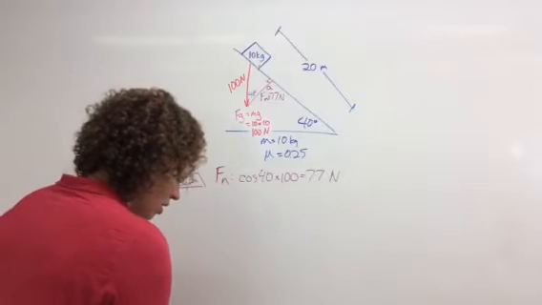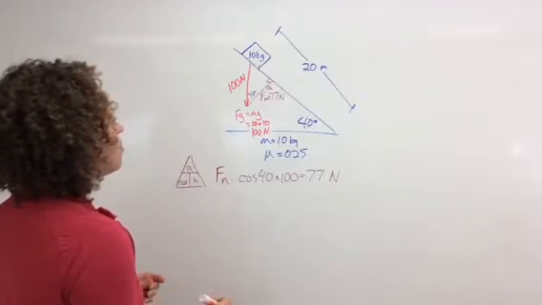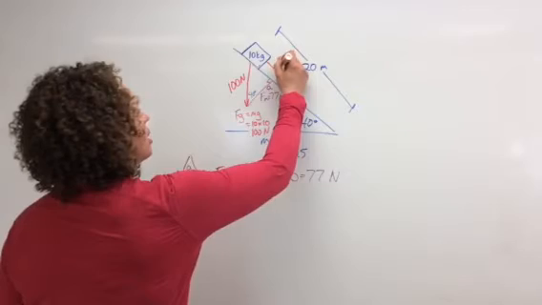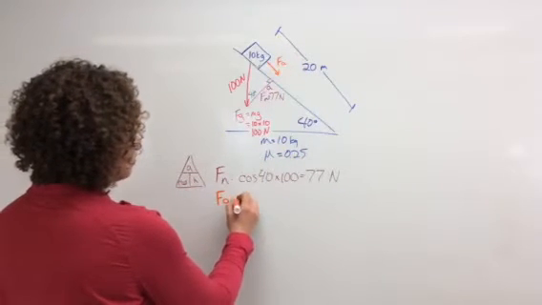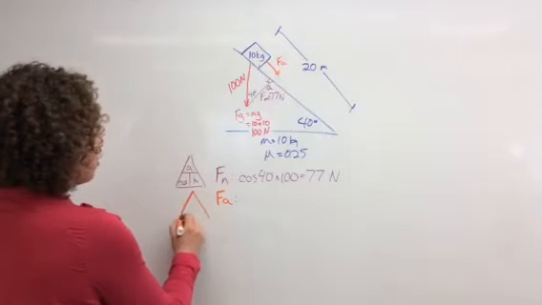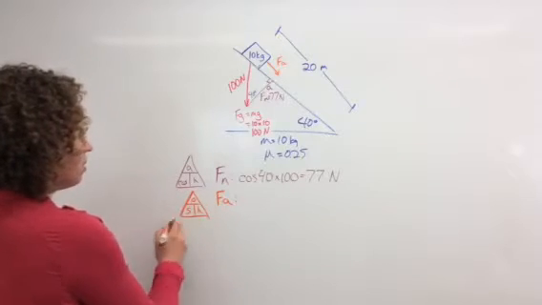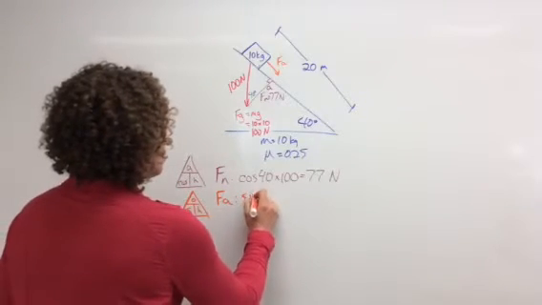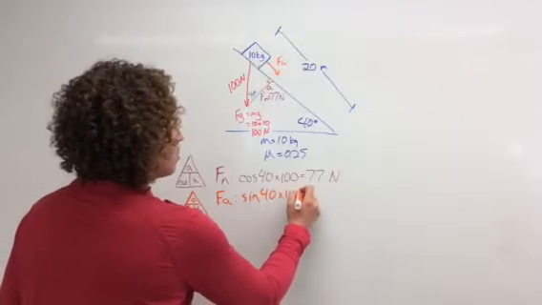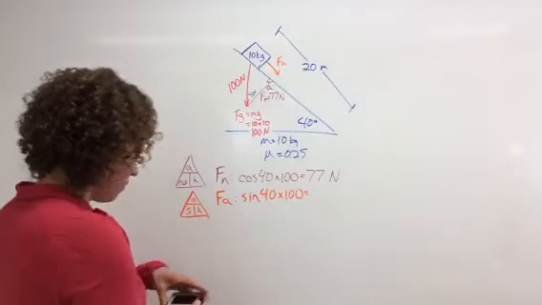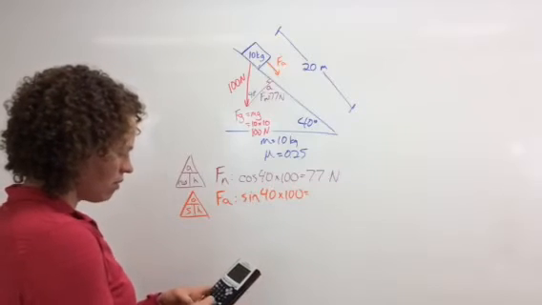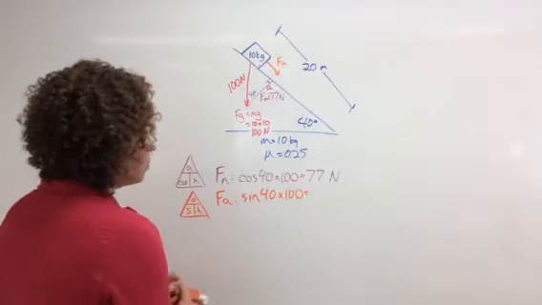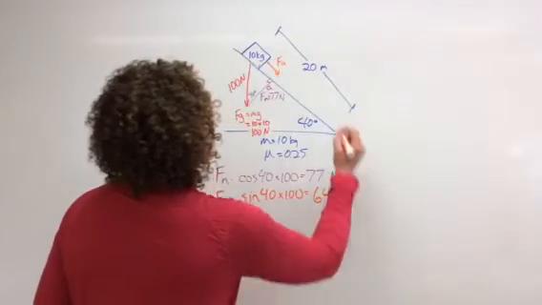Now I still need to know, like I did before, what my active force is, which is the one that's pulling down this way, and that's my opposite side, so I'll call that my active force. And my active force is my opposite side, so I'm going to use opposite over hypotenuse, that's sine. And I'm solving for the opposite side, so I'm going to go sine of 40 times 100 and find out what that is. So, use my calculator, sine 40, close bracket, times 100, says it's 64. So, that one is 64 newtons, and I can just put that